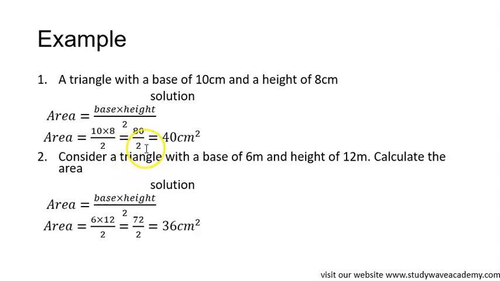80 divided by 2 is 40. Okay, so we are left with 40. So we have 40 centimeters squared. So the area of a triangle where the base is 10 centimeters and the height is 8 centimeters is 40 centimeters squared. Okay,